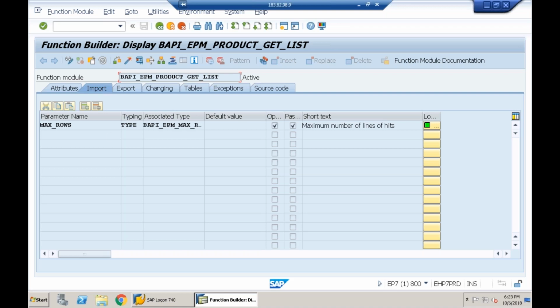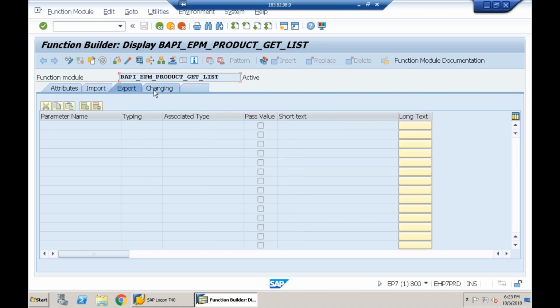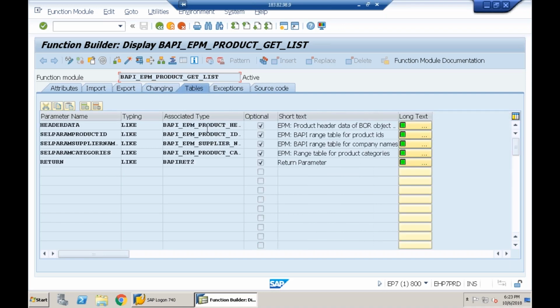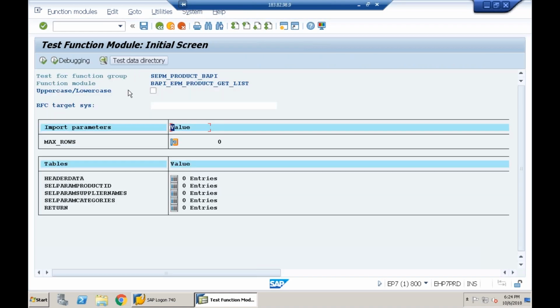Okay, done. This is my signature. What does it take? It takes some optional parameters, such as the maximum number of lines, how many products you want to read, any of this is optional. What does it do? It returns some database tables. Okay, let me try to execute this here. I'll click on this execute button. I'm just trying to understand the functionality of this. As of now, this internal table has 0 entries. When I click on the execute button,